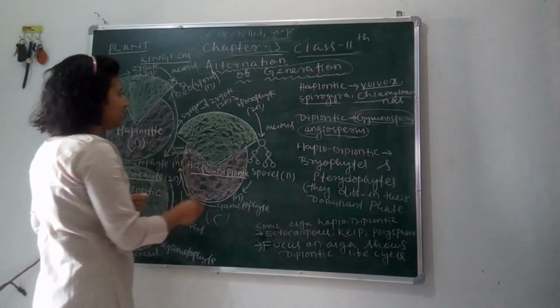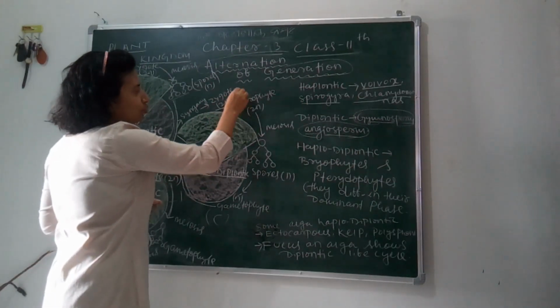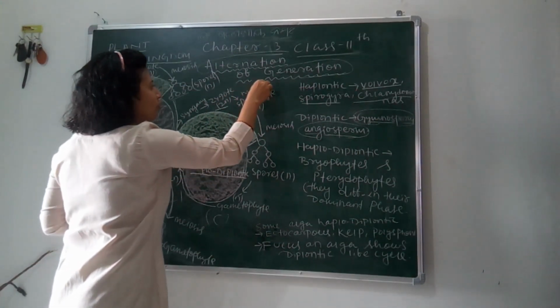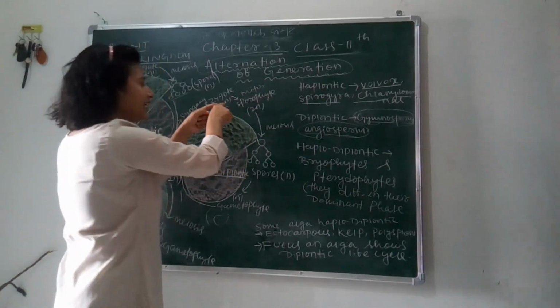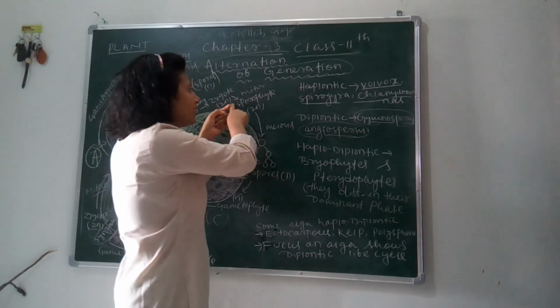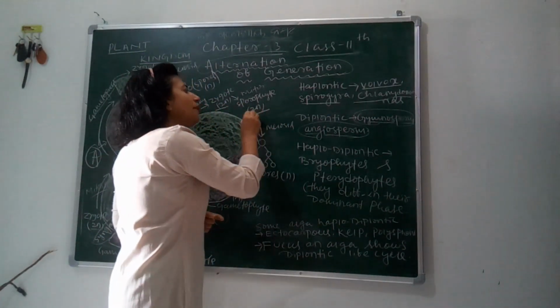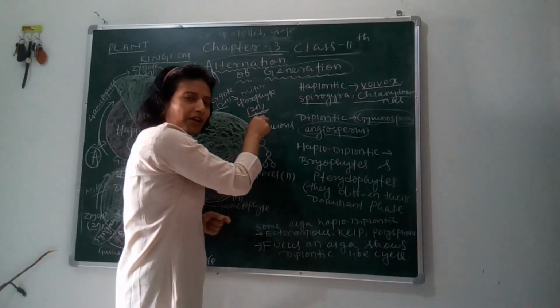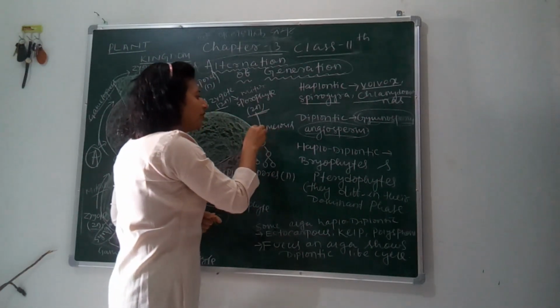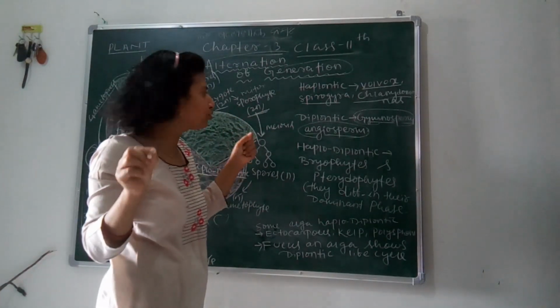So let's see. Here the zygote, which is 2n in number, goes through mitosis and forms the sporophyte. As the zygote contains 2n and in mitosis equational division takes place, there is no increase or decrease in the number of chromosomes. That's why the sporophyte also contains the 2n number of chromosomes. Then the sporophyte has to go through meiosis to produce spores.